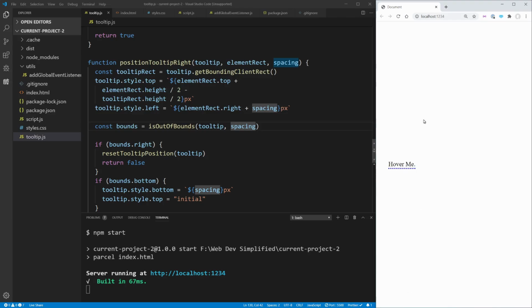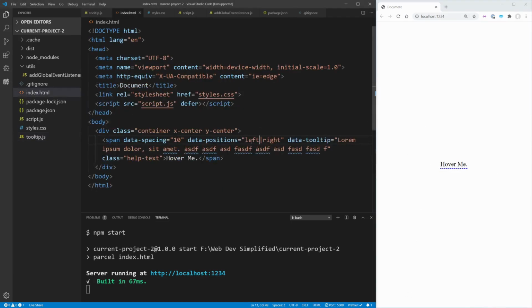to show. And it's going to be able to be set by the user what the default position is. In our case, left first, then right if there is room. If not, then it's going to go back to the default positionings of top and bottom, and then left and then right. Now that pretty much sums up everything there is about creating this tooltip, but there's a few ways